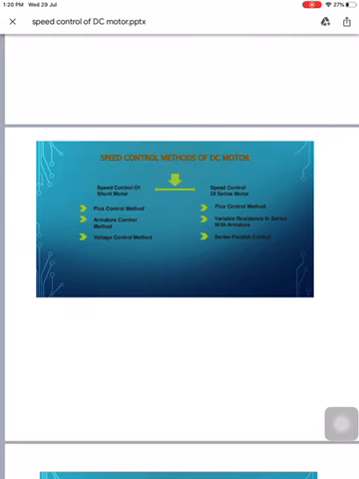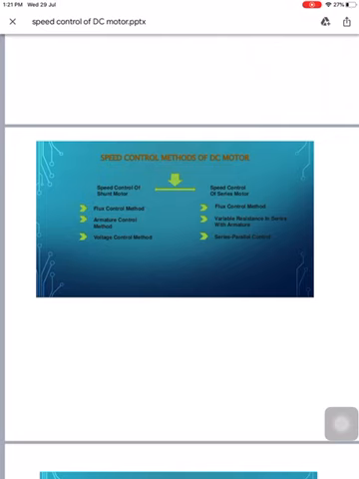This adjustment should not be taken to include the natural change in speed which occurs due to change in the load on the drive shaft. The electrical speed control has many economical as well as engineering advantages over mechanical speed control. There are many methods for controlling the speed of a DC shunt motor, but the field rheostat control method is more reliable, economic, and independent of load on the motor.